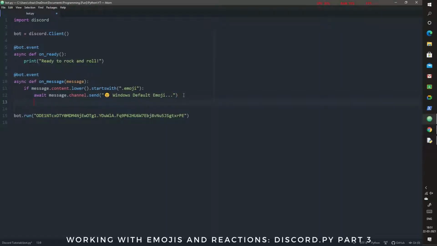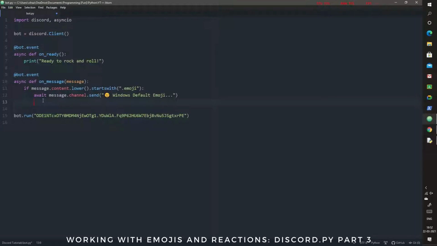Let's do one more thing. Let's import a module called asyncio. What it basically does, like time.sleep, there is a command called asyncio.sleep, which basically pauses your program for that much time. But the main advantage of this one is it doesn't just stop the whole program, it stops it for a particular user.